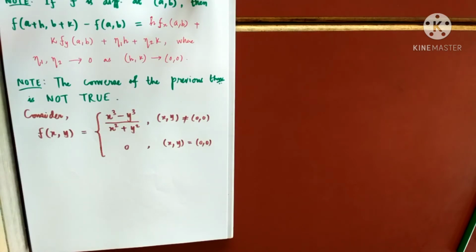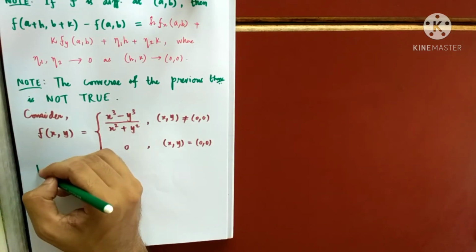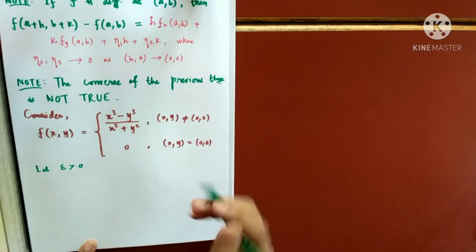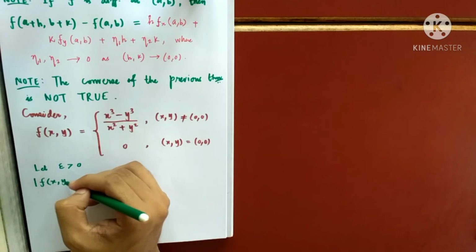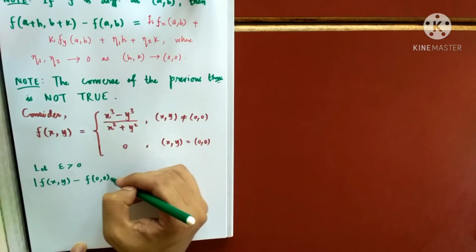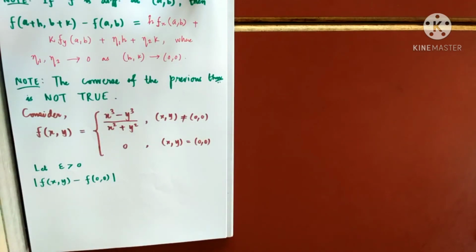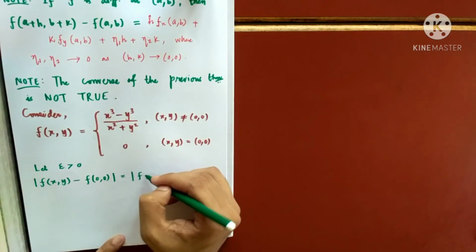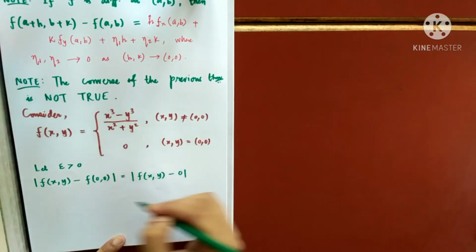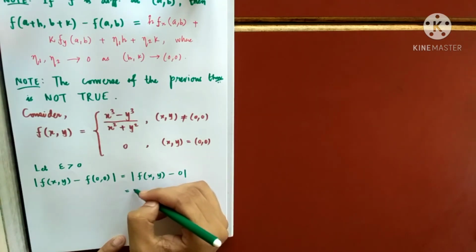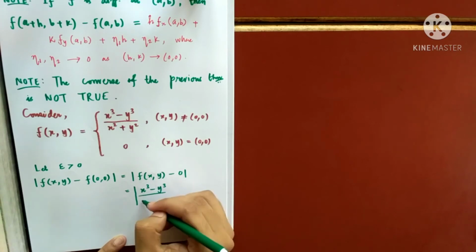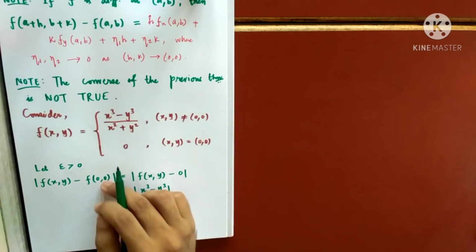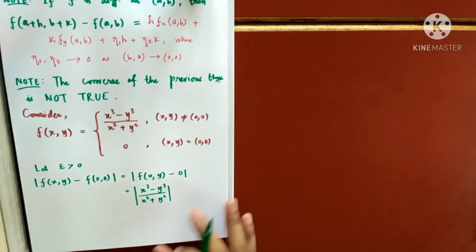I will prove that this function is continuous at (0, 0) and both the partial derivatives exist at (0, 0). Let's prove it very quickly. So let epsilon be greater than 0. Let's apply the definition of continuity. What I wanted for f to be continuous at (0, 0) is that this difference should be less than epsilon for some neighborhood of the point (0, 0). This is nothing but f(x, y), and this is nothing but 0. The function is (x^3 - y^3)/(x^2 + y^2), and f(0, 0) is 0. Now let's use the triangle inequality.